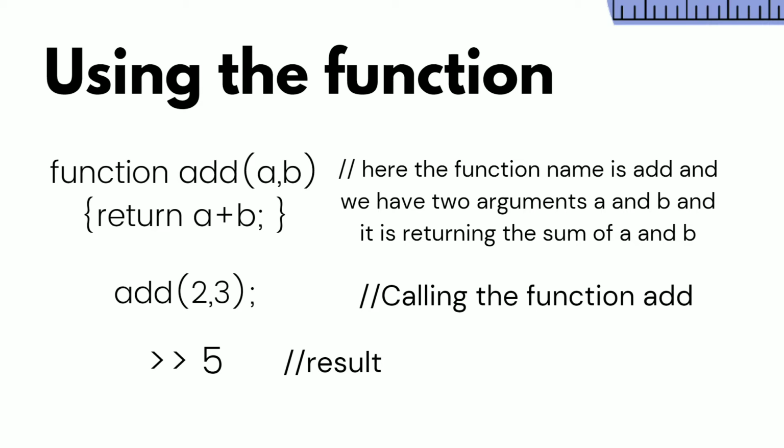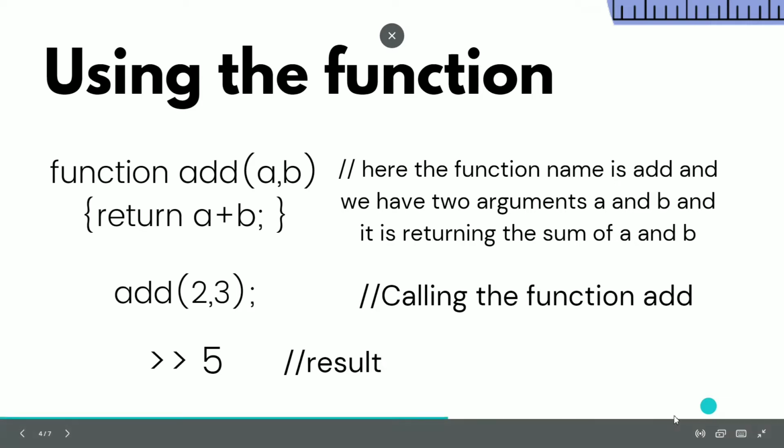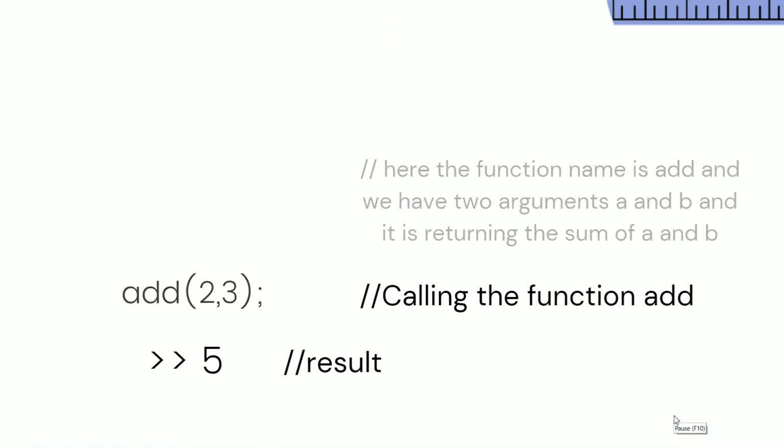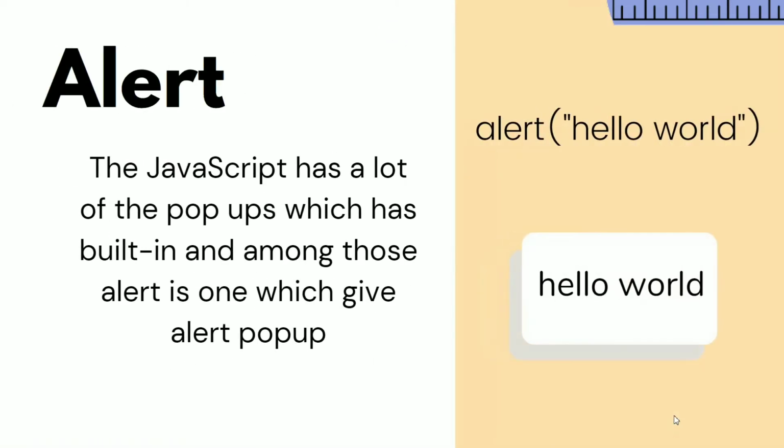And next we have the pop-ups in JavaScript. Pop-ups are an important thing, and they are built into JavaScript. Pop-ups include alert, prompt, and confirm. When I use alert to show some message in the browser, I use the alert statement. If we use alert hello world, it will just pop up and say hello world. In fact, you have seen these alerts many times in your desktop browsers.